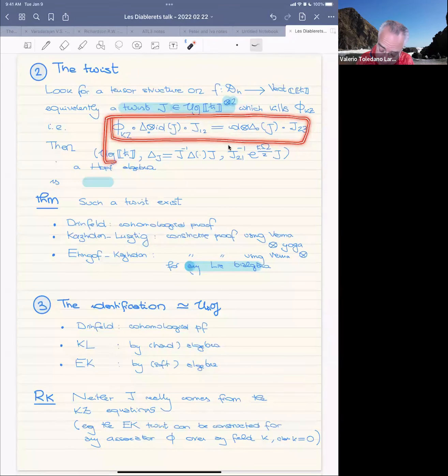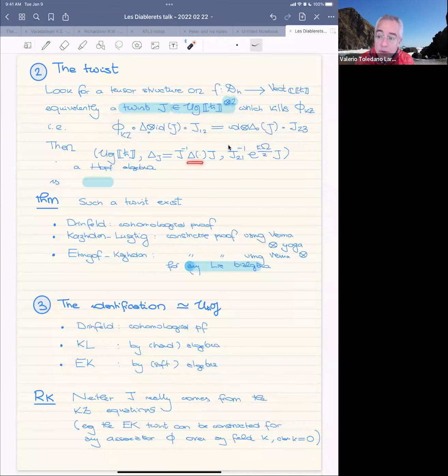then take the very same enveloping algebra here, but now instead of taking the usual coproduct, I'm going to conjugate it by this element here, this twist. And then I'm also going to conjugate the monodromy on 2 points by J, or a twisted version of J. And then the claim is that this is an actual Hopf algebra. So it's no more quasi-Hopf.